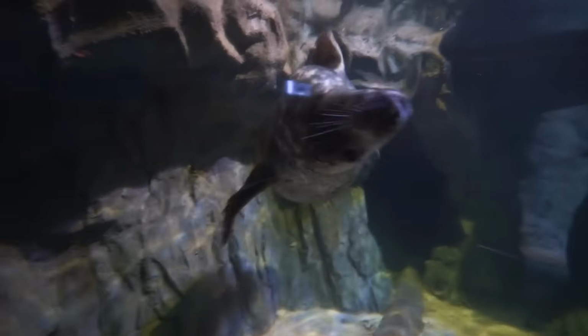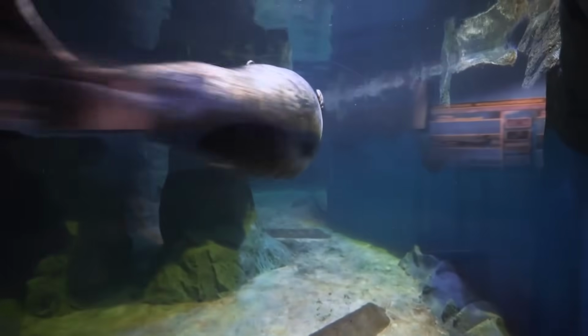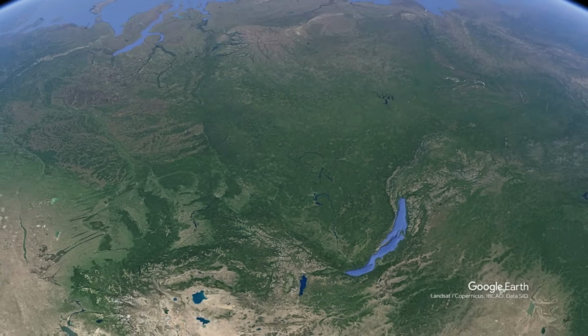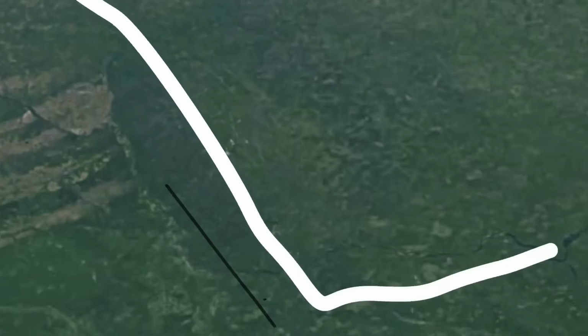There are other seal kinds that can handle freshwater or use it to breathe, but these cuties spend their entire lives in it. But wait, how did seals, which are supposed to be oceanic creatures, end up in a lake miles and miles away from the sea? About 400,000 years ago, during the Pleistocene era,